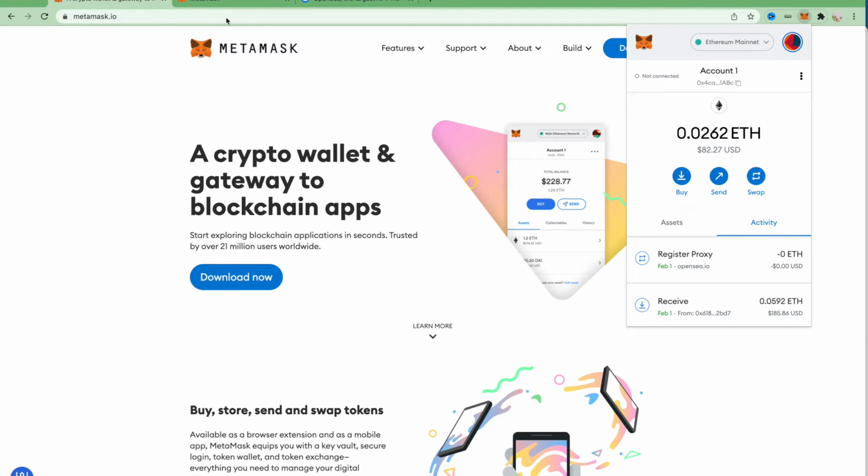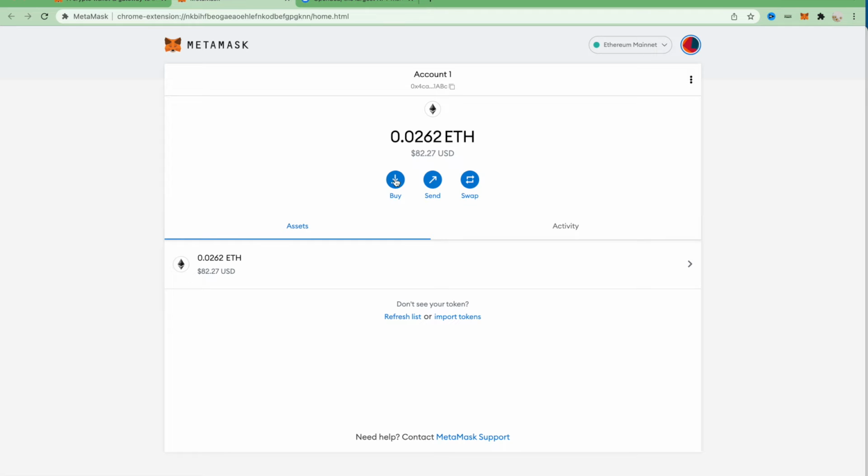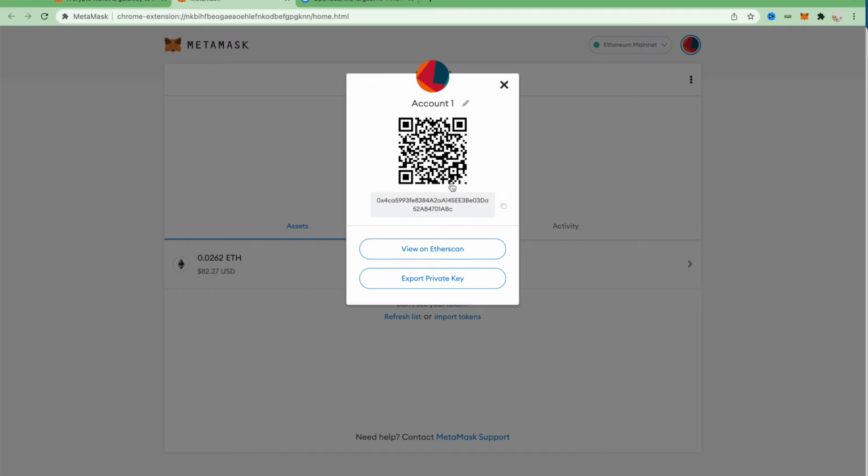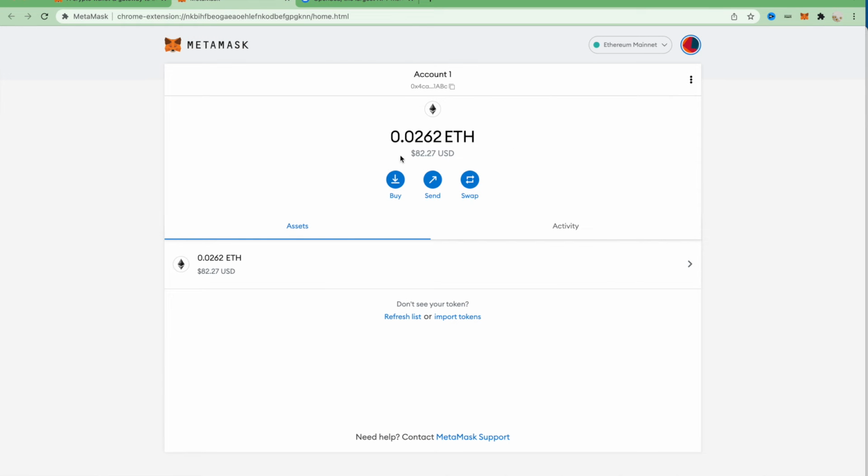Once you have set up your digital wallet, you will need to add some ETH to it. You can use this address to send the ETH to your digital wallet. Make sure you only buy the Ethereum where it has a send option so that you can transfer it to the digital wallet. Once this is done,